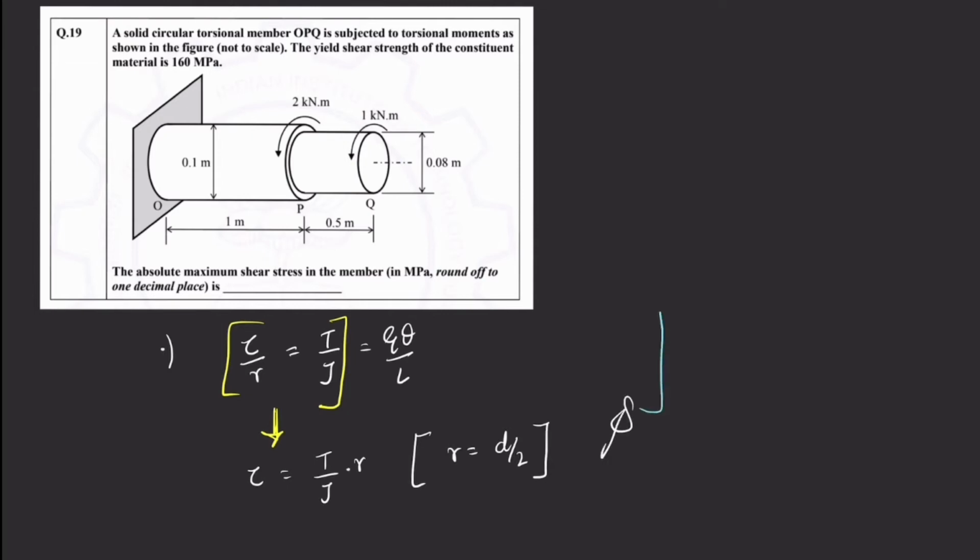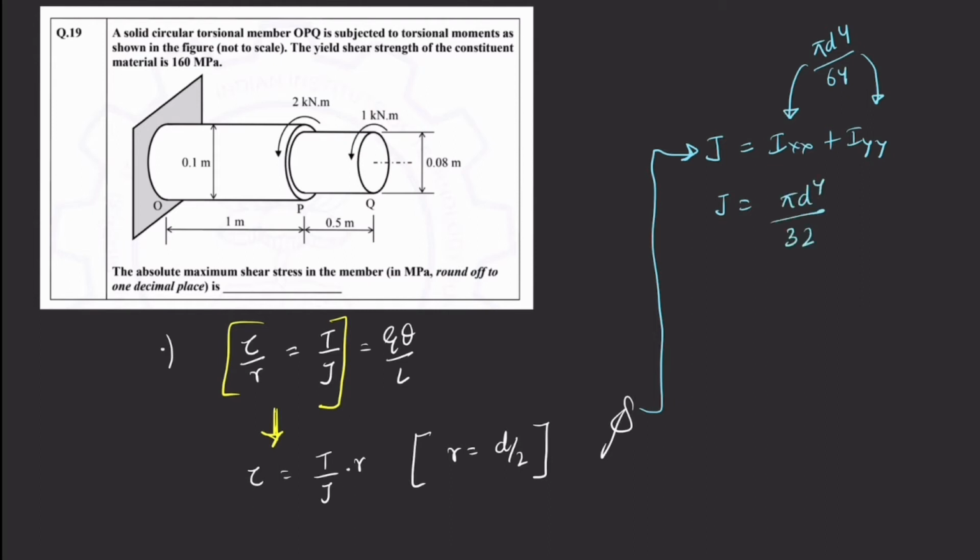The polar moment of inertia J is the inertia about xx plus inertia about yy, and we know that the inertia for the circular cross section is pi d to the power 4 upon 64, and because of the symmetry it is the same about the y axis. So our polar moment of inertia will become pi d raised to power 4 upon 32,